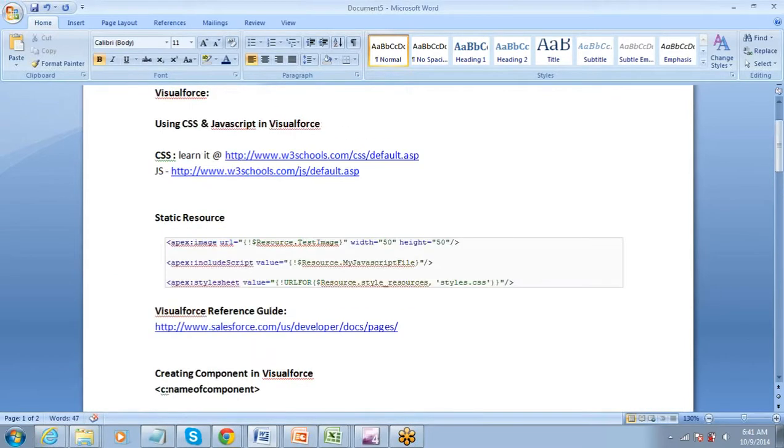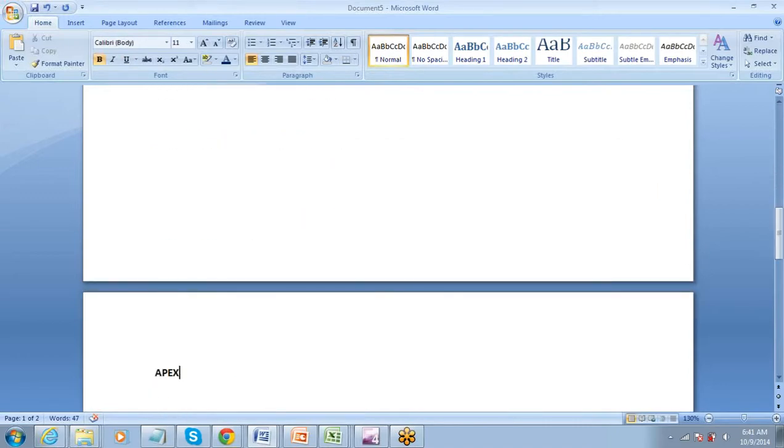So we'll talk about certain concepts in Apex, which we need to understand. Now we know how to write Apex code and everything. So now we will need to understand a few more things on Apex. So the first thing that I want you to understand for Apex is governor limits.